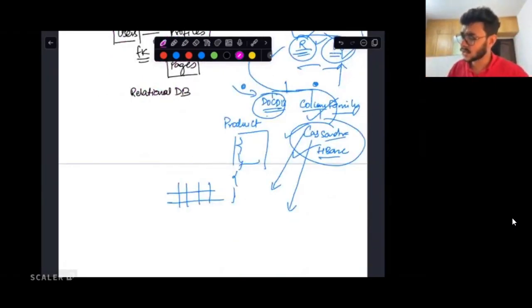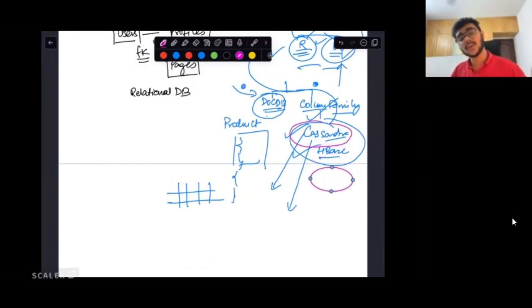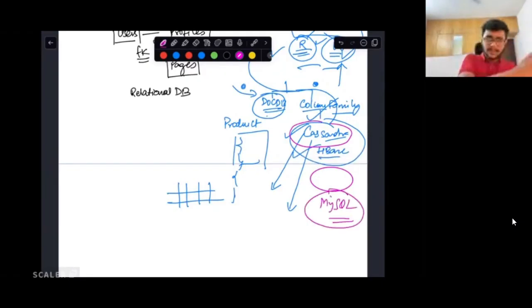Facebook typically stores its data... I think it started with Cassandra, then moved to HBase, then moved back to a data store that is again something like a MySQL storage kind of data structure. So typically, depending on the life cycle of the product, the database also keeps changing. But if you have to think about it in a short span of time, this is at least how you can go ahead and think about it.